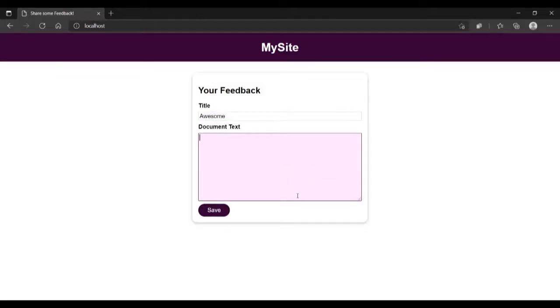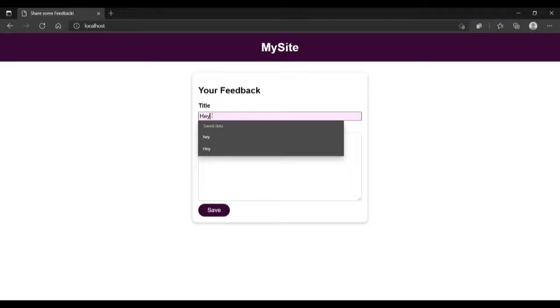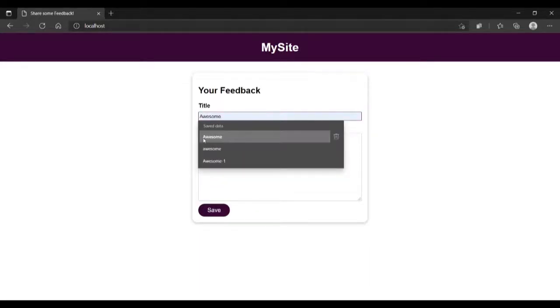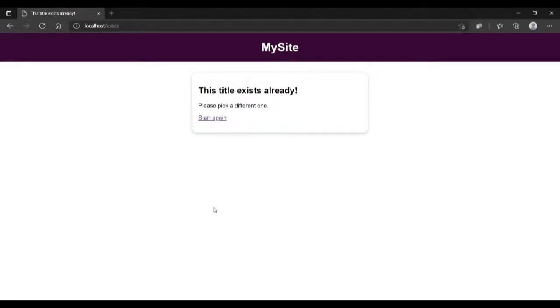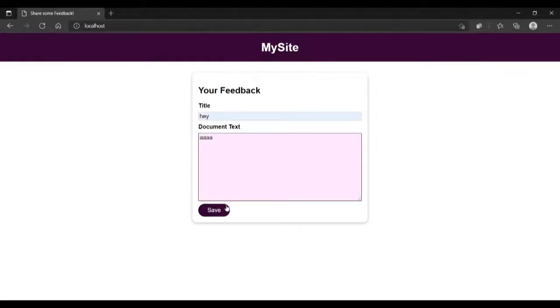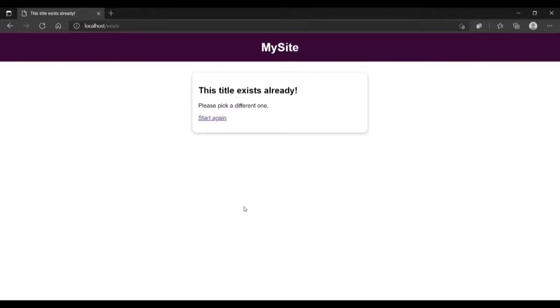So it is saying awesome. It will save the data because we have restarted the container. Now we type hey, and here, hey there. Again, if we type awesome and type blah blah blah, see, it will not save. If we type hey and blah blah blah, it is not saving. So this volume data is stored normally. This server is working.